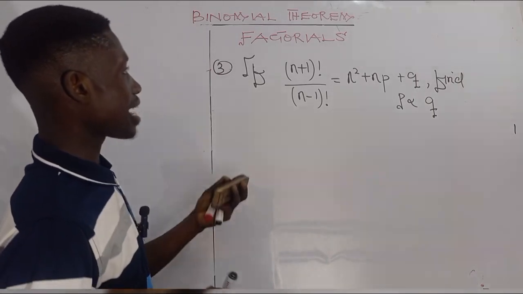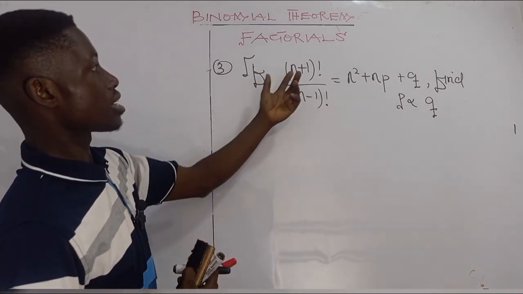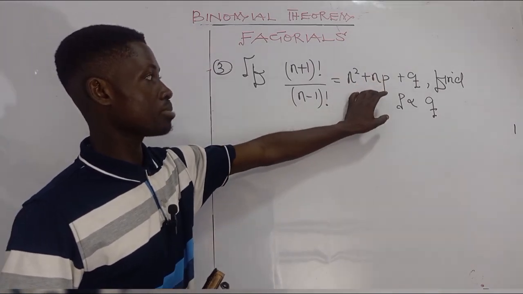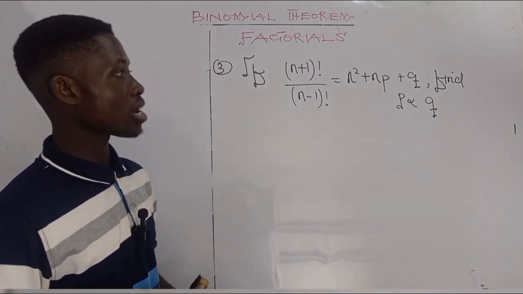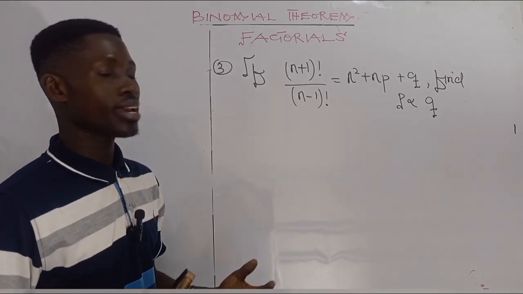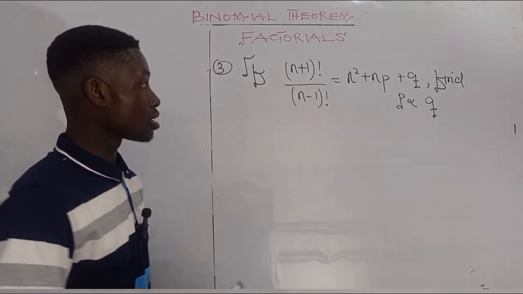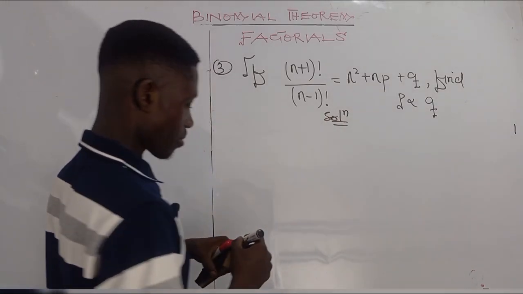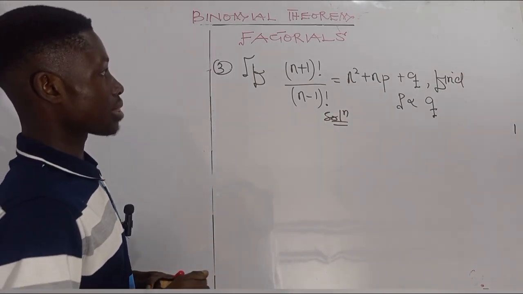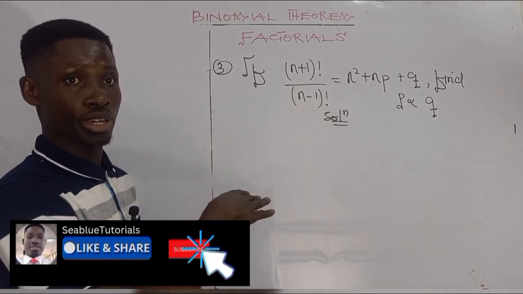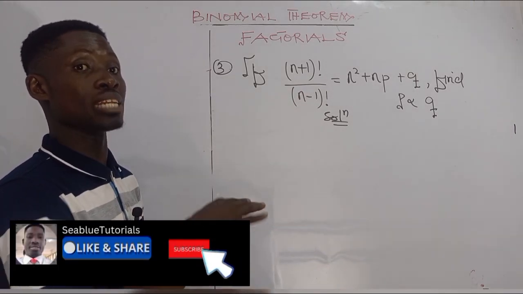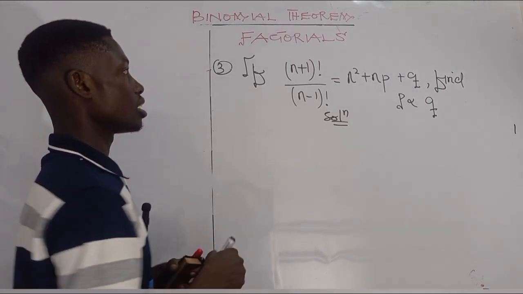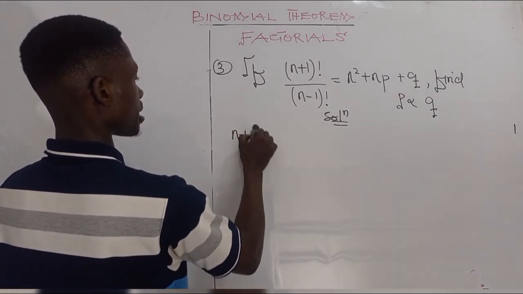So we have our last example. If n plus 1 all factorial over this is equal to n squared plus np plus q, we have to find the value for p and then q. So let's write our solution. You can observe that there's a factorial in this equation. So first of all, we have to eliminate or do away with the factorial from the equation. So we have n plus 1